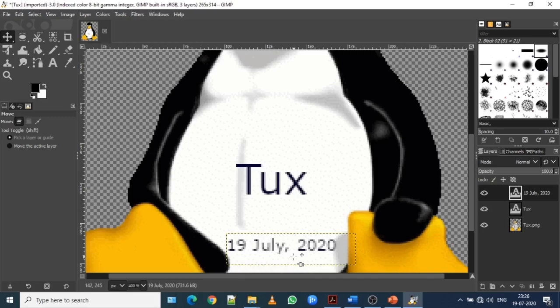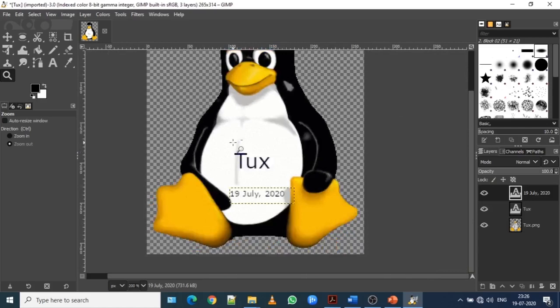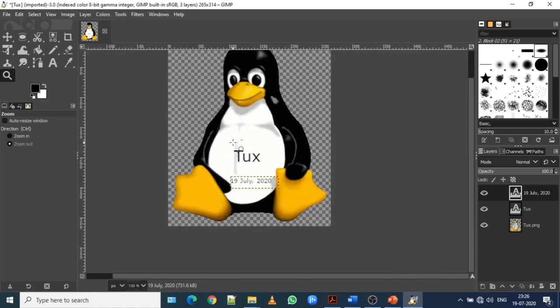So this is the practical way of editing text on a picture image. You can reduce the resolution by clicking on the zoom tool and pressing the Control button to zoom out.